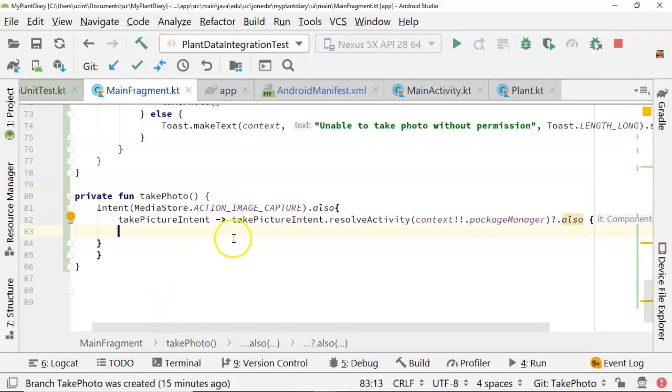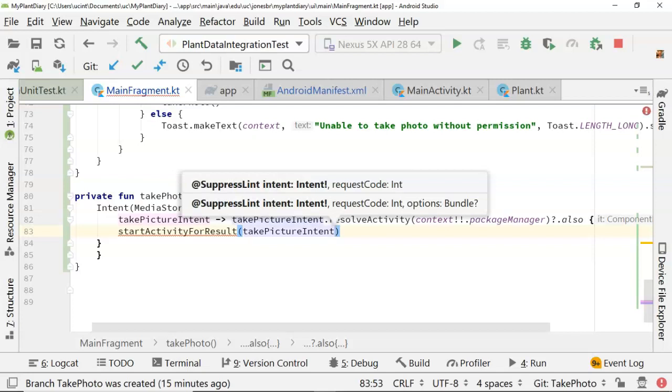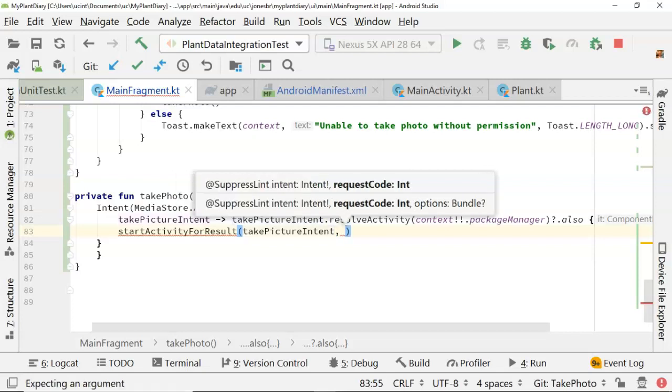This time we're doing operations on this takePictureIntent that we're using the lambda here. A little bit confusing, I know, because we have two alsos nested, but nonetheless, after one more line, this is what we need to toggle the camera. So we simply say startActivityForResult, and then we pass in the takePictureIntent that we're working with, and then we need another fingerprint